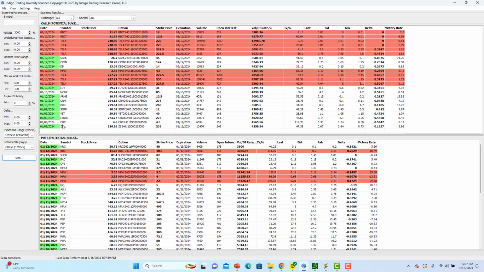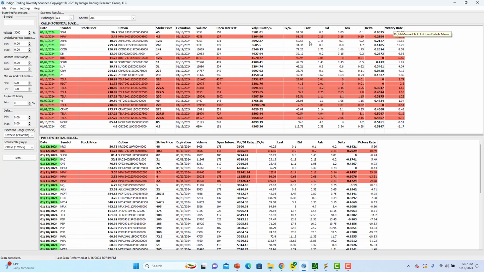Okay, for example, CGC. Okay, it's going to tell us there was 6,800 volume on that trade and then 151 open interest. So that's 4,500%. Now, the victory rate is something that we came up with, which takes into account how strong the signal